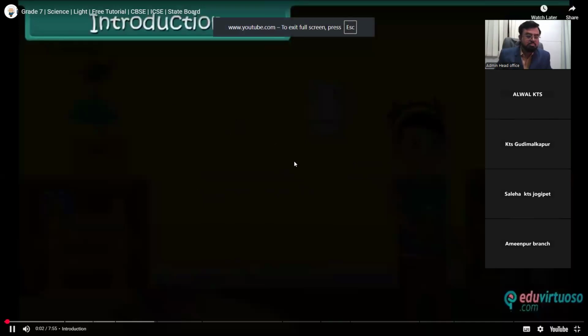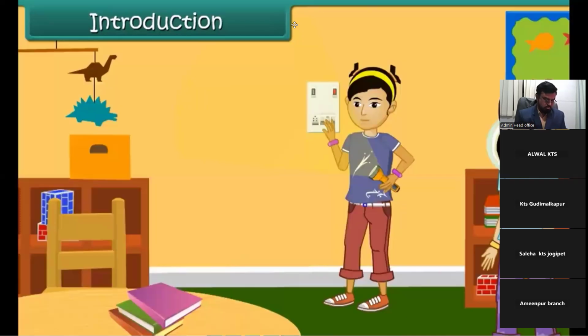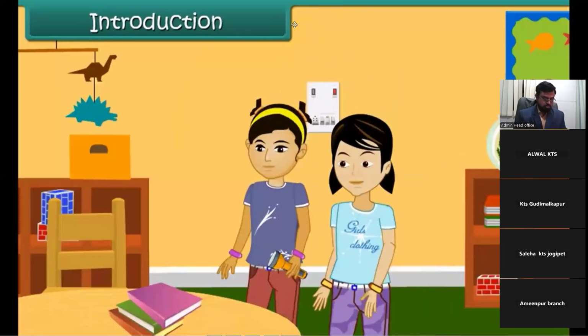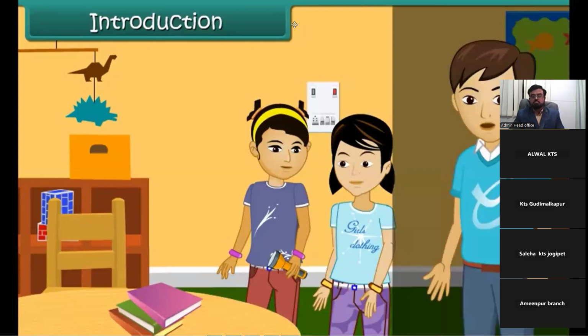Action. I think I have kept my science book in this room, but it is very dark inside. I cannot see. Simran, can you please switch on the light? But where is the switchboard? Take the help of this torch. Here it is. There are your books. It's so difficult to locate anything without light. Absolutely right, Tina. Let's study light and explore some interesting facts about it. Yeah, why not? Come, children, let's learn about an energy that is all around us.